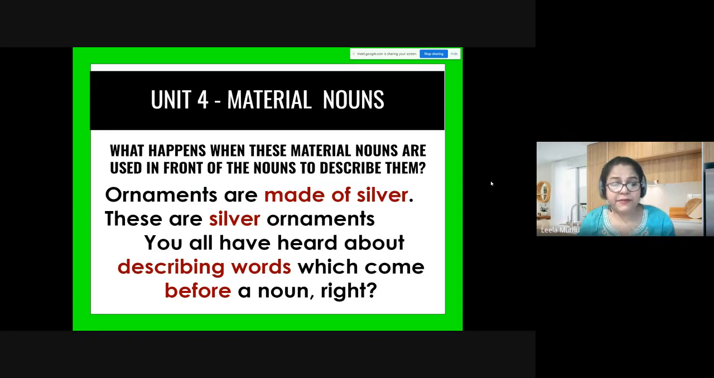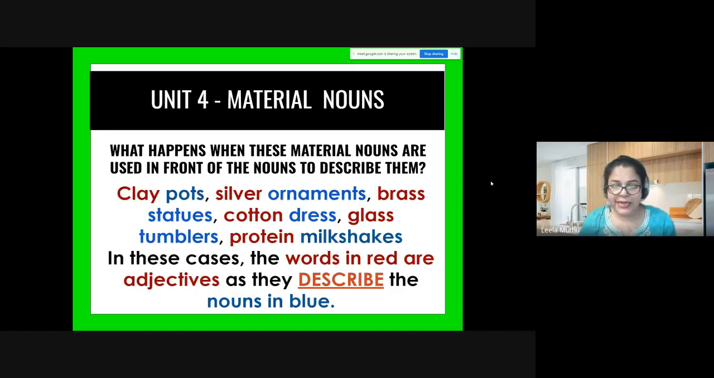Ornaments are made of silver. These are silver ornaments. So you've all learned about describing words which come before a noun. Okay, so mostly repetition now. Clay pots, silver ornaments, brass statues, cotton dress, glass tumblers, protein milkshakes. So the words in red are adjectives and the words in blue are the nouns that they describe,